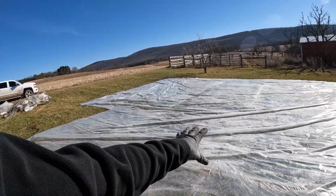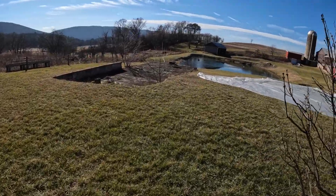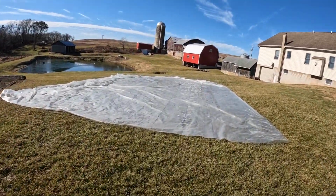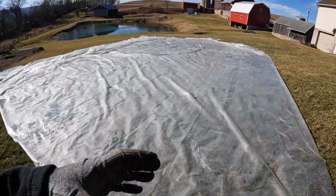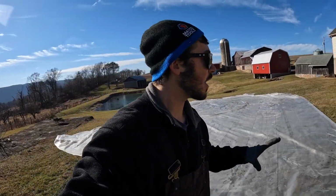And then right here is the actual plastic that we took off. Here's the 1 layer, and then right over here is the other layer. And we were gonna throw it away because basically this is no good anymore, but we might do a concrete job here within the next couple weeks. And if we do,